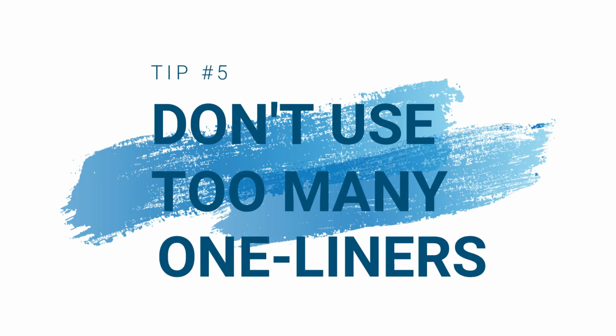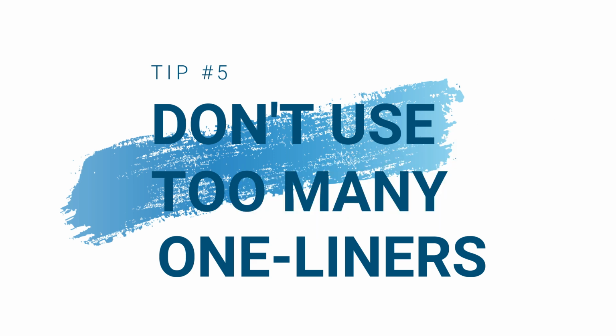Tip number 5: avoid using more than 2 one-line paragraphs in a row. You may think one-liners make your text easier to read, but if you use many one-liners in a row, it creates visual monotony, your arch nemesis when it comes to keeping your prospects' attention. More of the same thing becomes visually monotonous, so vary your paragraph length to keep your visitors' attention and make sure that they read more of your content.